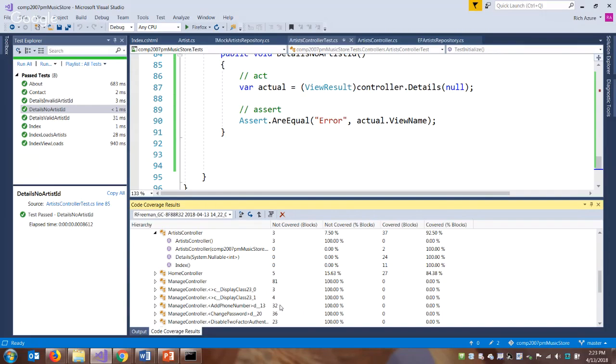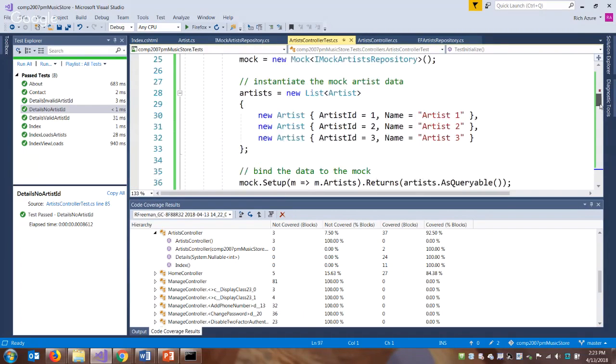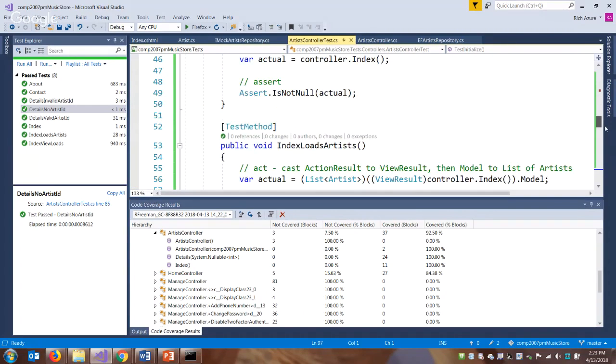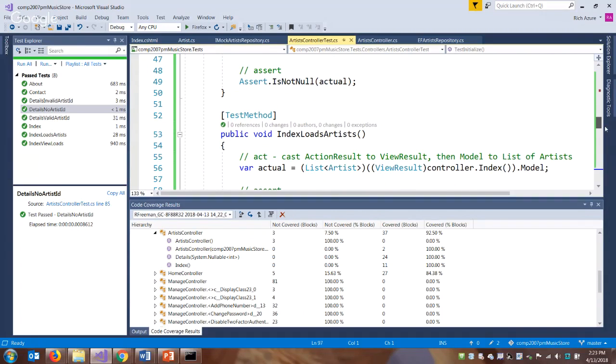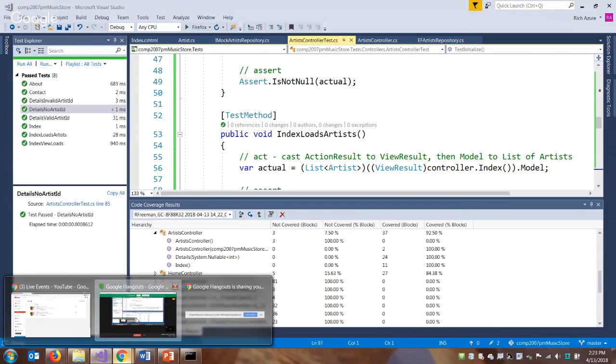You have 12 days. So I'm going to push what we've done to GitHub. Doing the other tests are a little more involved because the operations are a little more complex, but they'll follow the same pattern. So for edit, we'll have the same 3 possibilities, right? Valid ID, no ID, but we're also going to have get and post. What happens when we do a lookup to edit, and then what happens when we actually submit an update. Same with details, valid ID, invalid, etc. So I'll push our